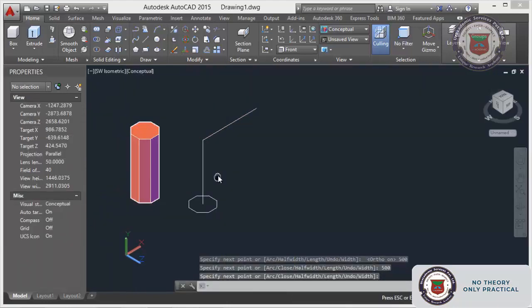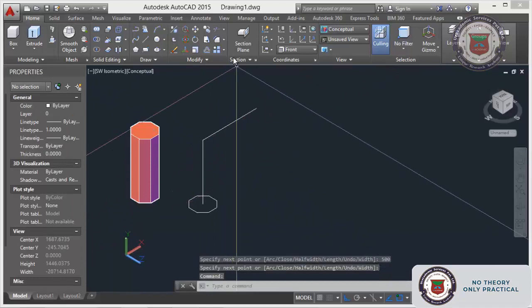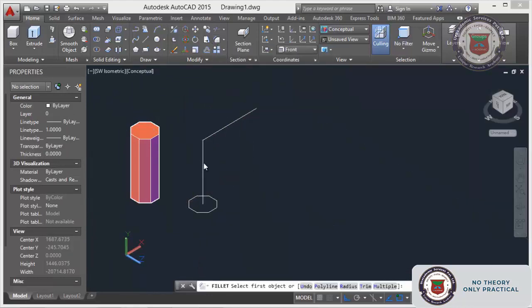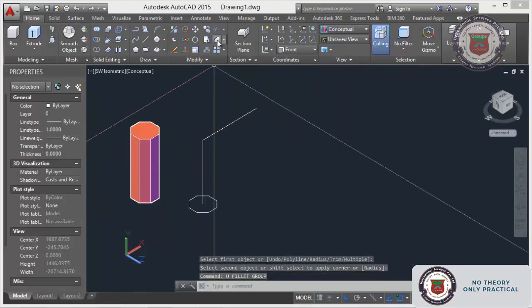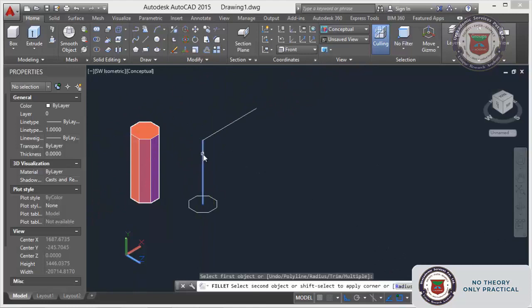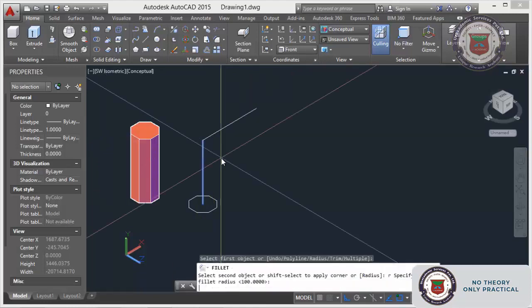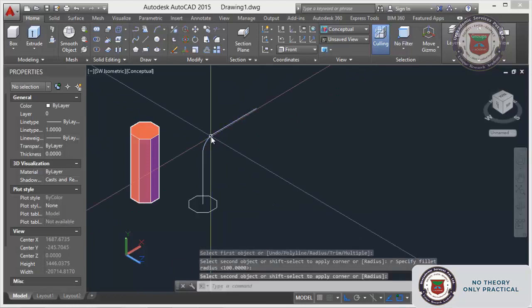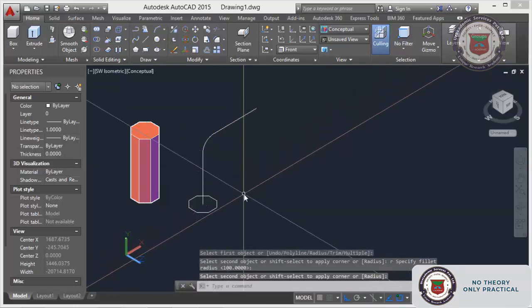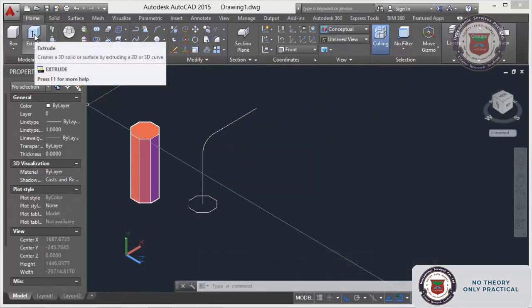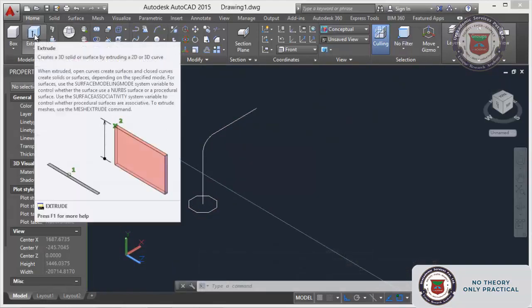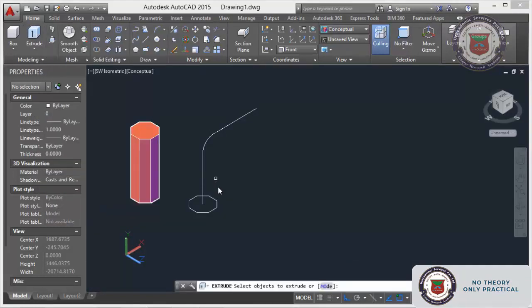We will make a little bit of fillet. I will give the fillet radius 100. This is my path. Now we will see the extrude command. Just select extrude.